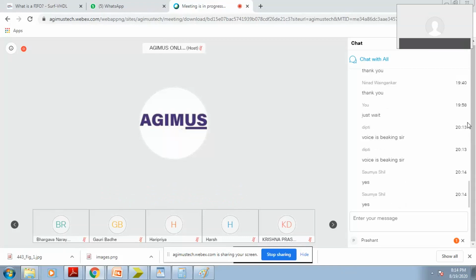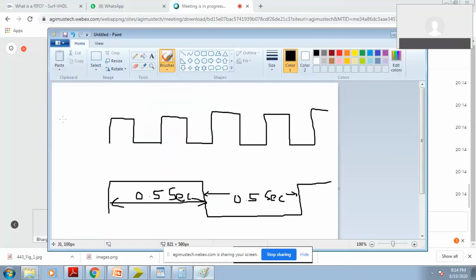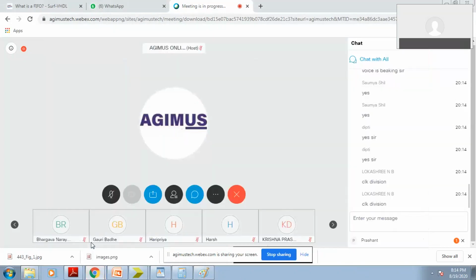Okay, so I want to generate 1 hertz clock from 12 megahertz. How to generate? Using the same technique which you already used. So what is a T for 12 megahertz? Yeah, clock division method we have to use it.